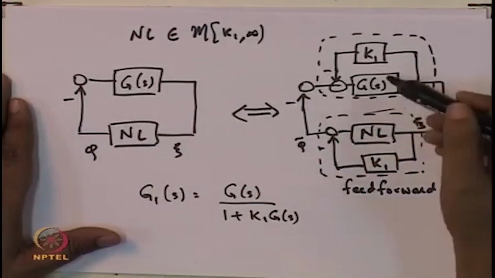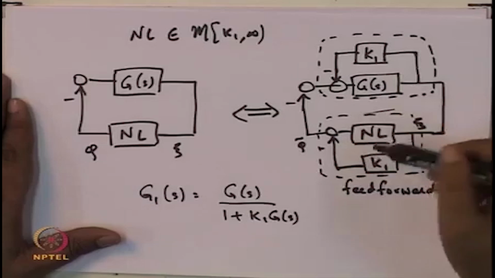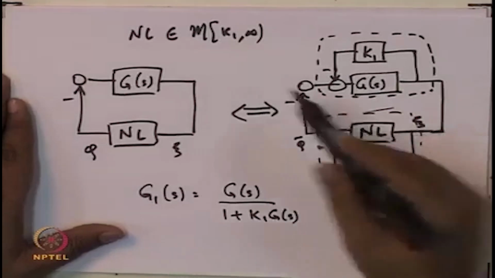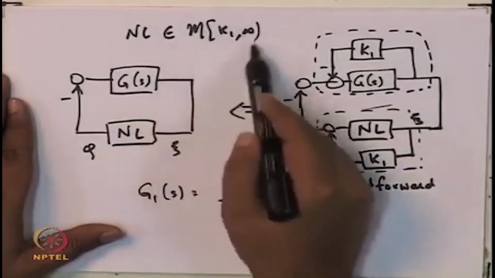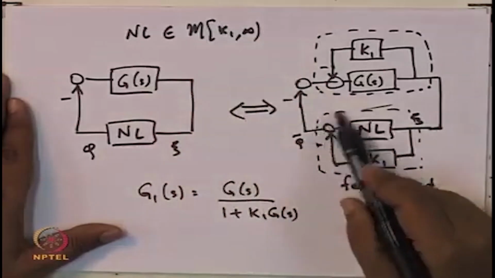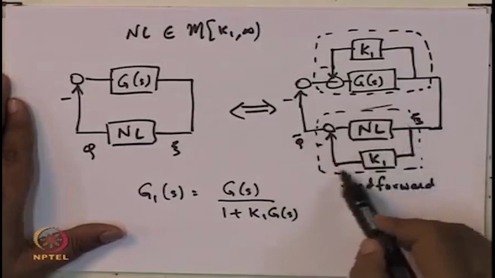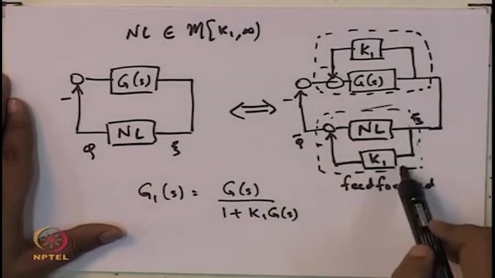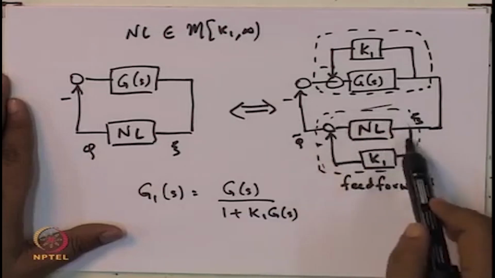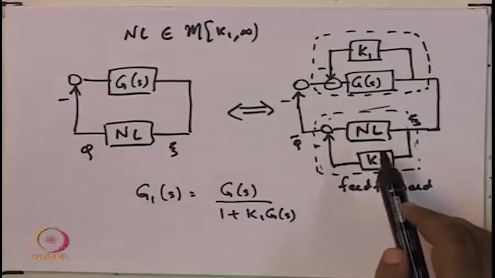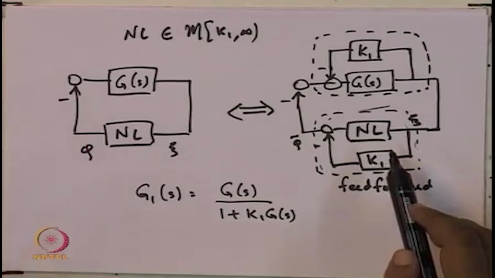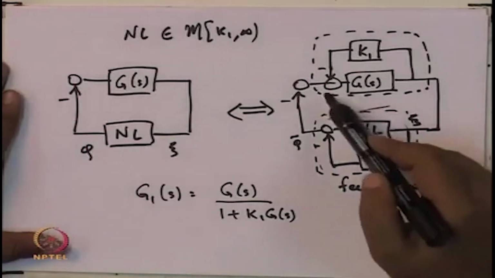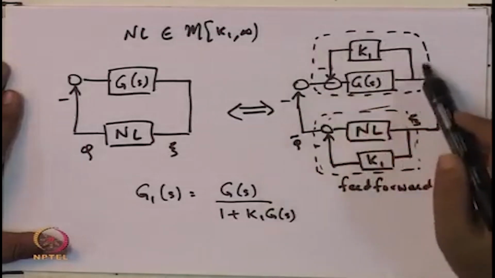Now, by using this feed forward, this nonlinearity in the K1 infinity sector has been converted into a nonlinearity in the 0 infinity sector. Therefore, you know that for anything in the 0 infinity sector, making use of the positive real lemma and the results about passive systems and so on, this resulting system here,